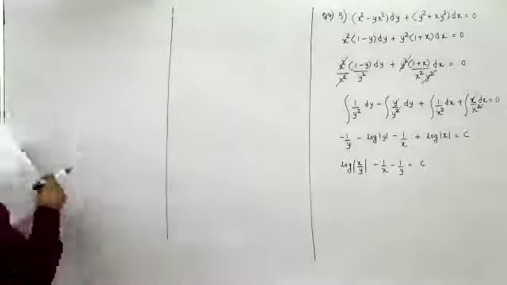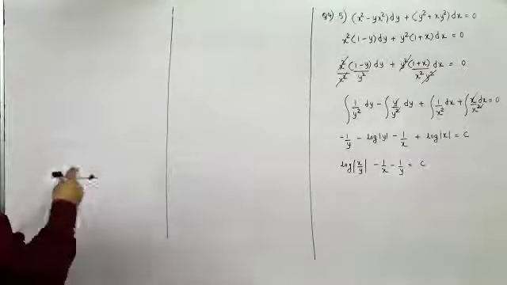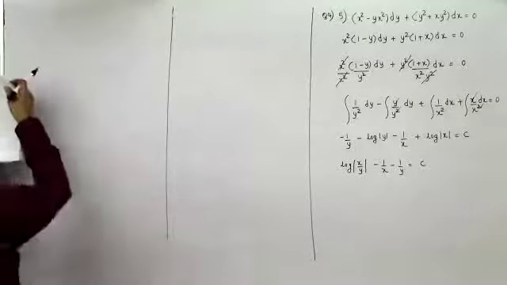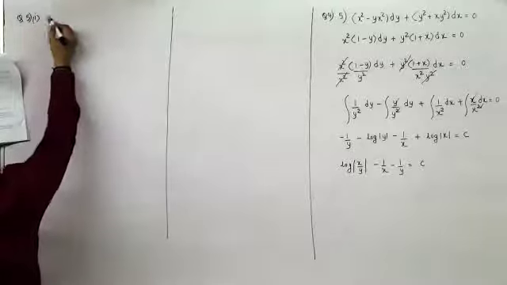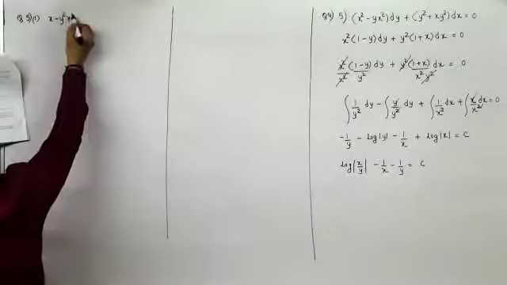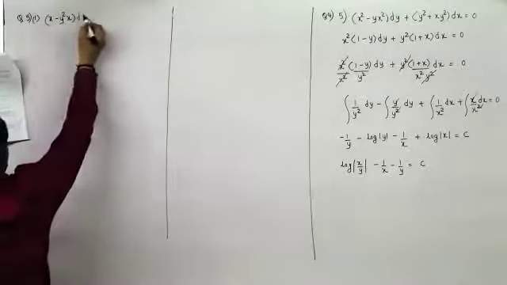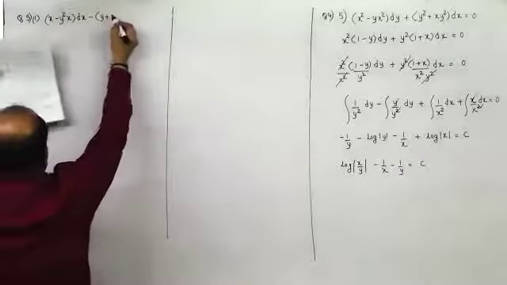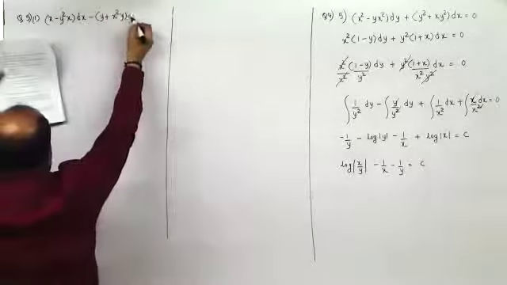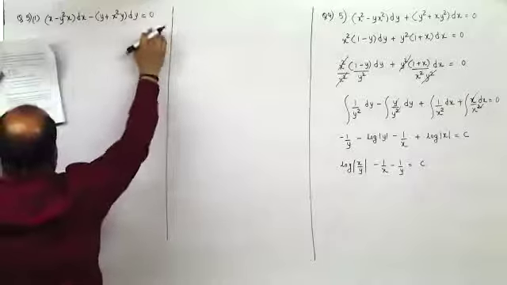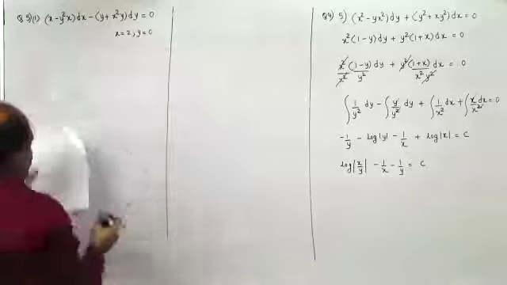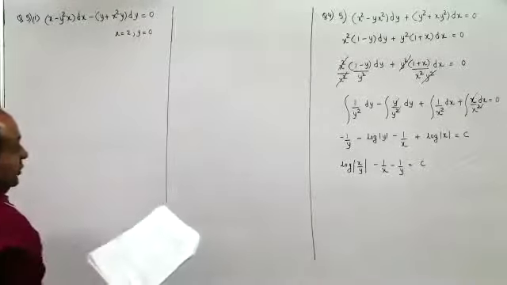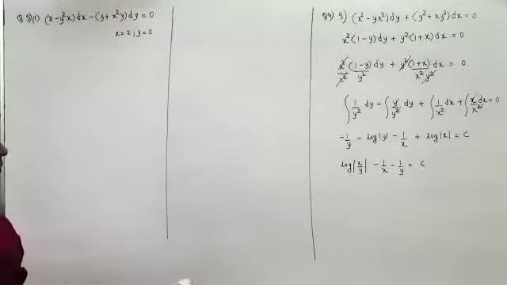Similarly, question number 5, the first part. Here, remember they have given the values of x and y, x equal to 2, y equal to 0. It is better you take a printout of this so that you can keep ticking it to know which all questions you have already covered.